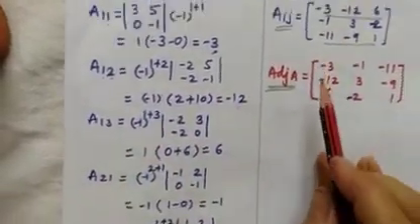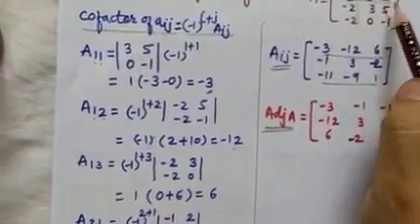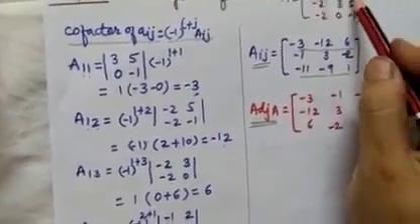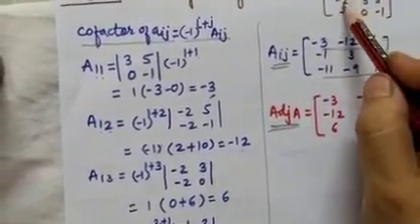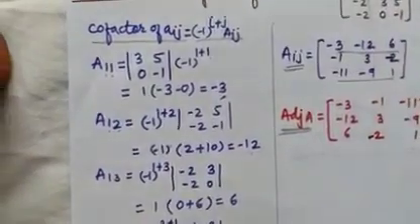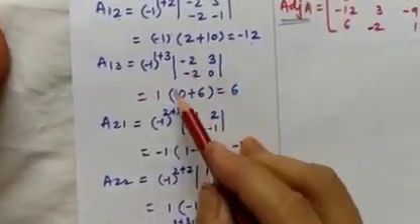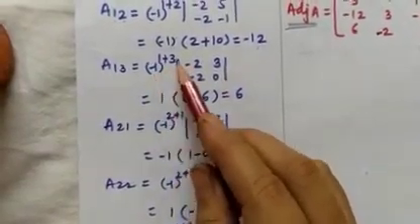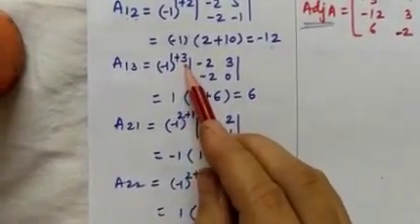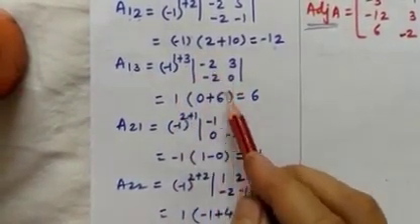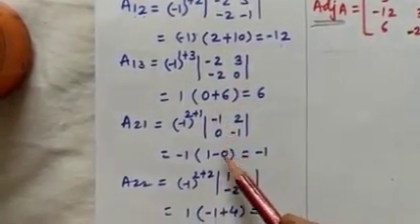Now A13, see the position, this is the element 2. We want to find out the cofactor of this number. So by striking off this row and this column again, the elements are -2, 3, -2, 0. Simplify. Again (-1) raised to 1 plus 3, here it is 1, here it is 3, and 1 plus 3 is an even number, so it is positive 1. -2 into 0, minus -2 into 3 is 6. So same operations are performed.